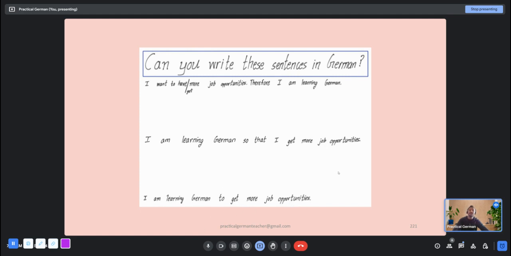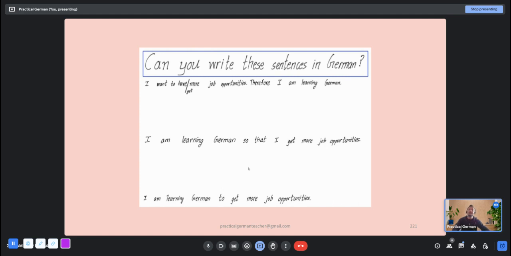If you're in an interview, depending on what your strategy is, either you can prolong the answer or you can give the answer in a very short way. So we are saying the same thing in three different ways, right? This is what evolving your German means. So you know how to say it in the first two ways, now how to say it in the third way. This is what you're supposed to learn today.